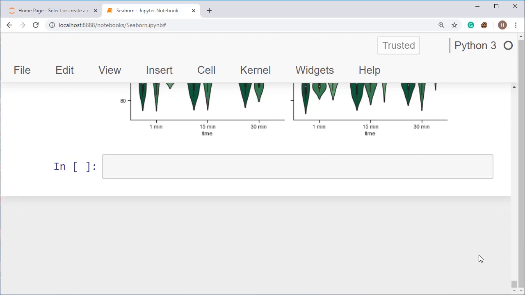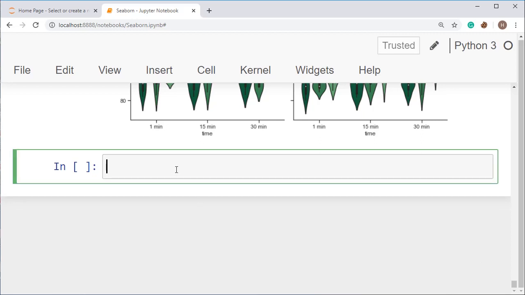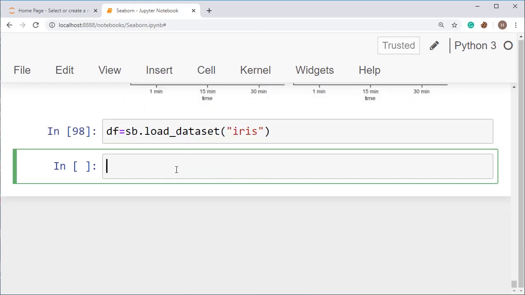You can also create a pair grid with different colors. So I'm going to show you quickly. Load a new dataset. For that, you have to use sb.load_dataset, and then set the value; I am calling iris again. Okay, we have set the dataset.